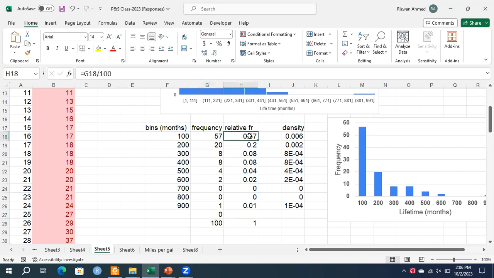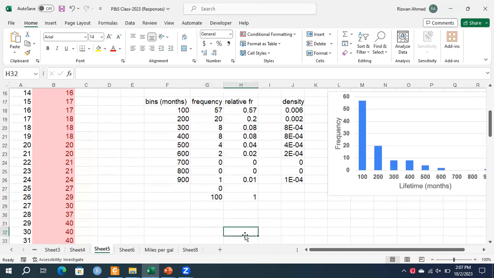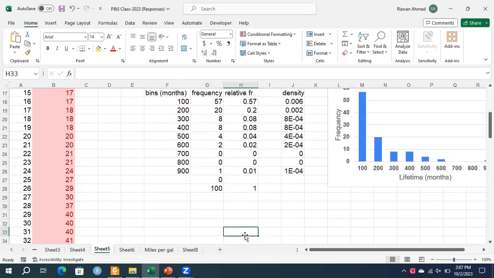So 100 was the number, and I divided all these values by that number, 100, and the sum equals 1. So this representation, this calculation, relative frequency, is important in statistics because it has normalized the frequencies. So now you can compare these values with the other experiments on the same objects. So now